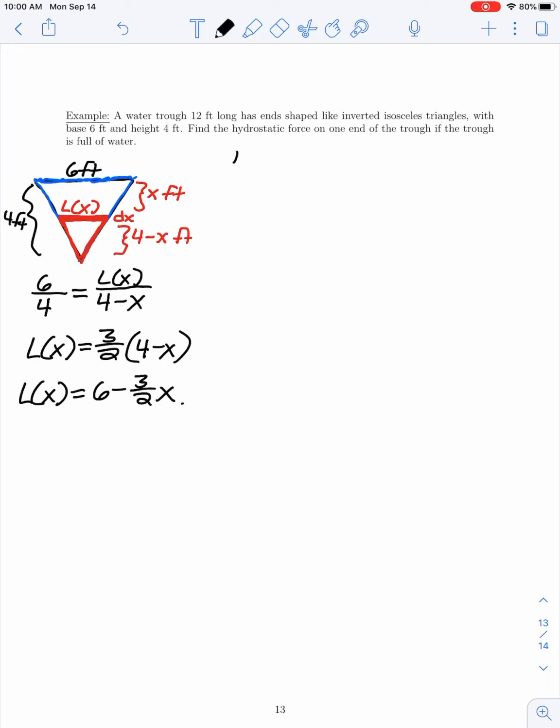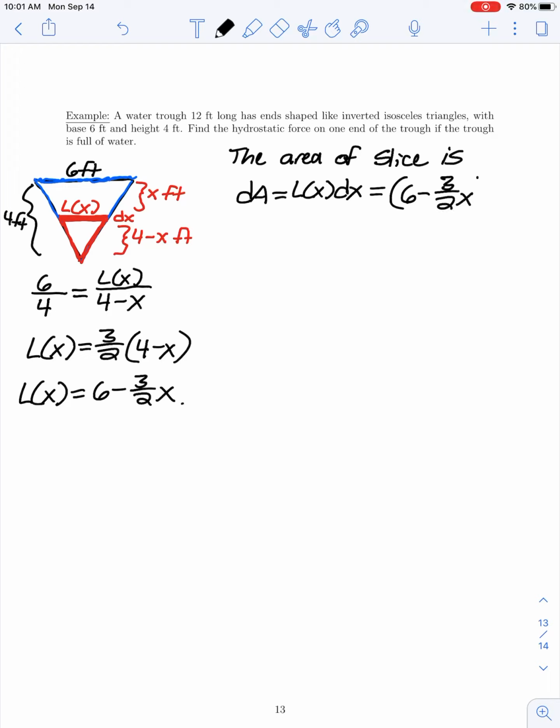So the area of this slice is, I will call a differential of the total area of one end of our trough. And it would be given by L of x times dx. And L of x we just found to be 6 minus 3 halves x, times dx. Everything was in feet, so this would be square feet. And then the force on this slice